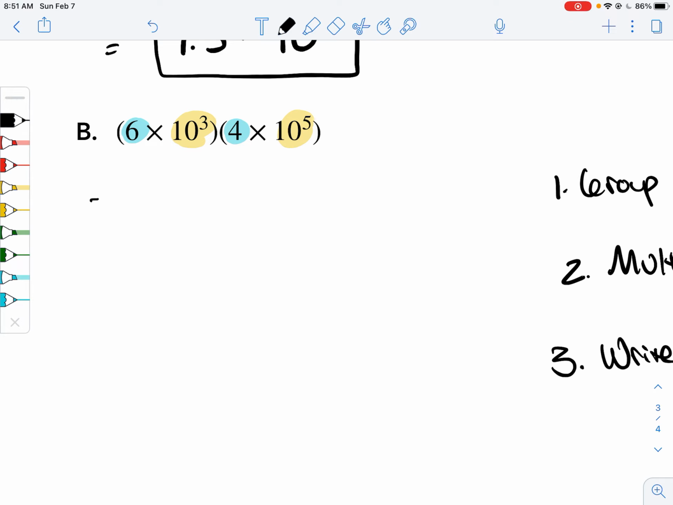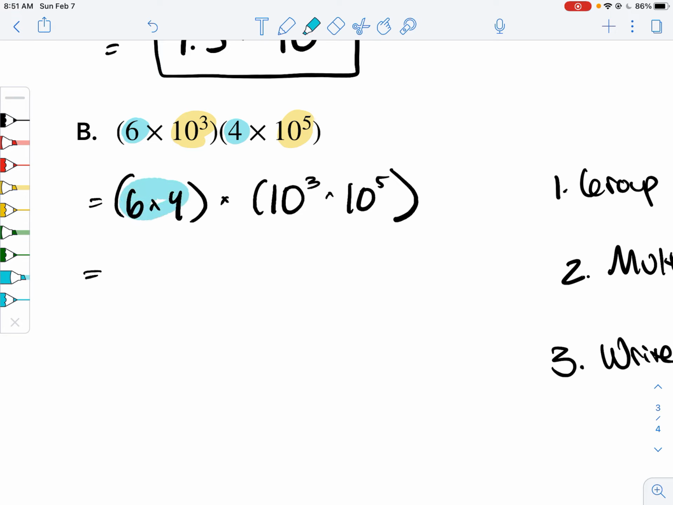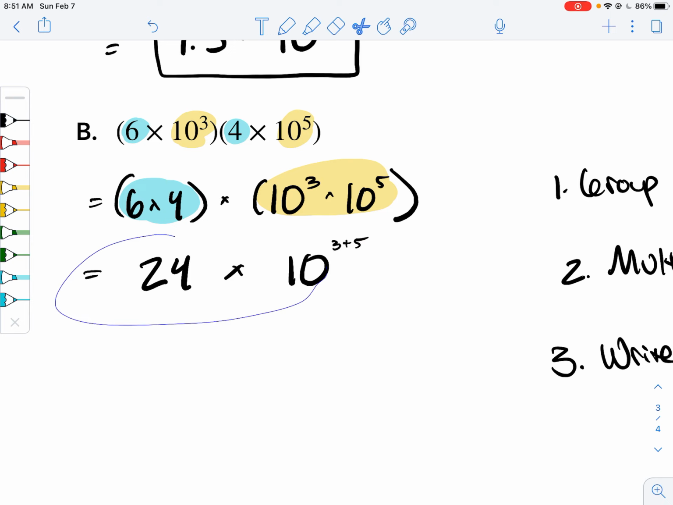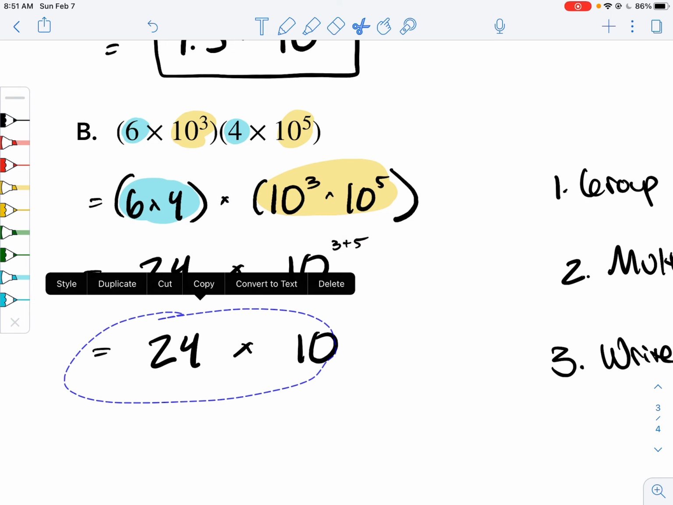So here when we do this, we're going to get 6 times 4 first times 10. Can I skip a step? Can I do them together? No, I won't. I'm gonna write out every single step for you guys. Okay? We've got our front numbers out in front. We've got our powers of 10 out in the back. 6 times 4 is 24 times 10 to the 3 plus 5th power gives us 24 times 10 to the